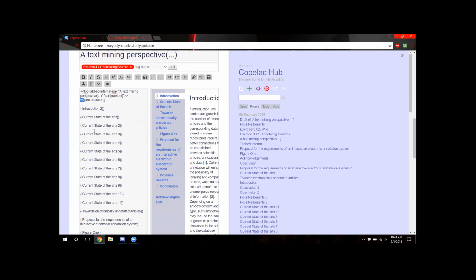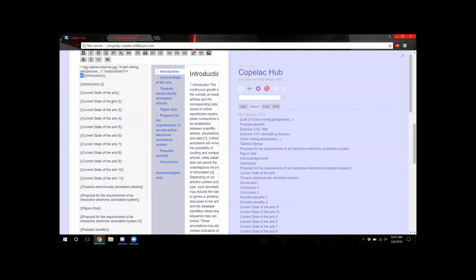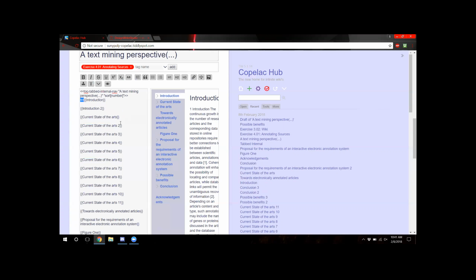Is that a comment? Let me see. My eyes suck. Double angle brackets. No, that's not a comment. This is a comment. Oh, because it made it disappear.